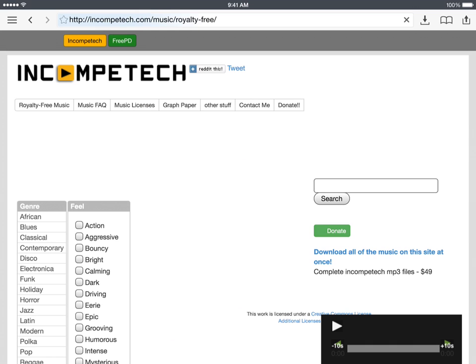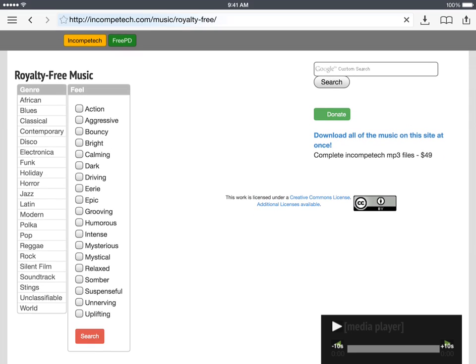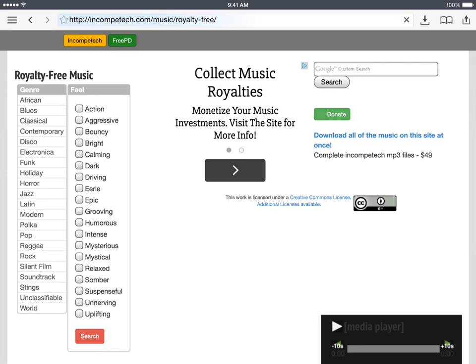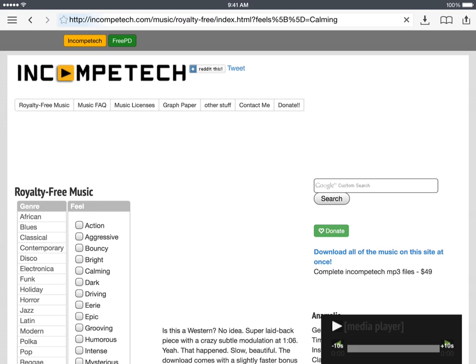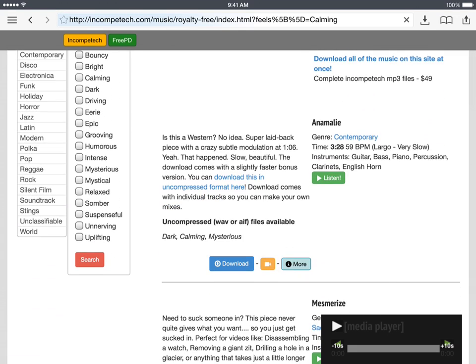the page will load. And on the left hand side, this is why I really like this site, it has a list of feelings, so you can search for music based off of feelings. So if I wanted to maybe have calming music, I could find that. Select it, press search. I can go through